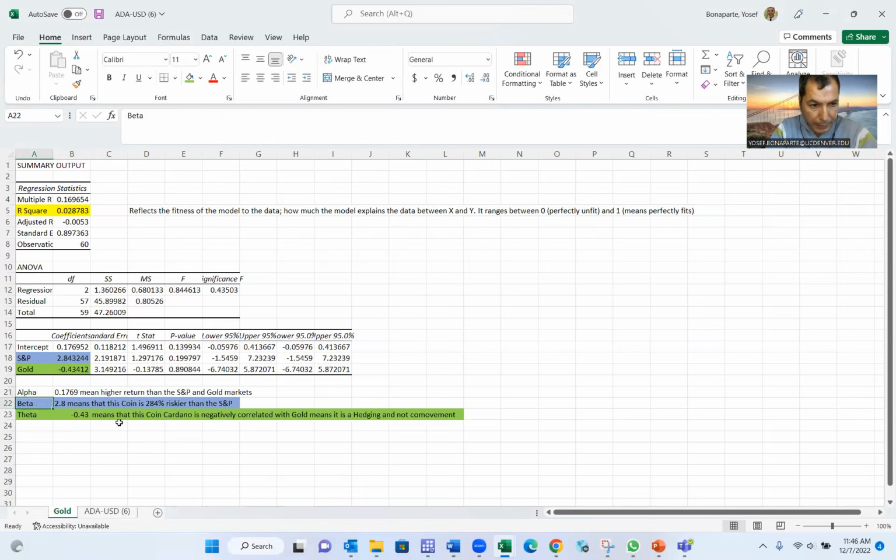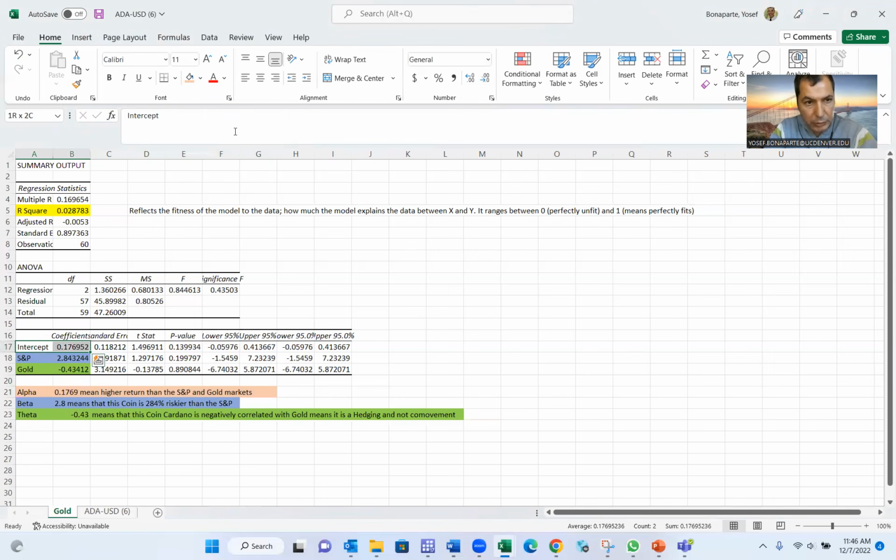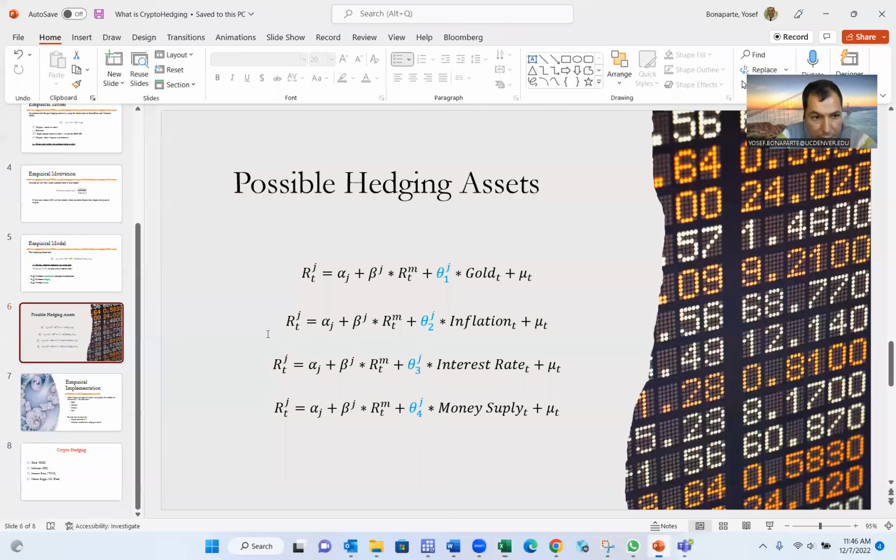That's what it means. I'm going to put it here in a different color, bright orange. Now the R square is small, so that means this quantity that I mentioned